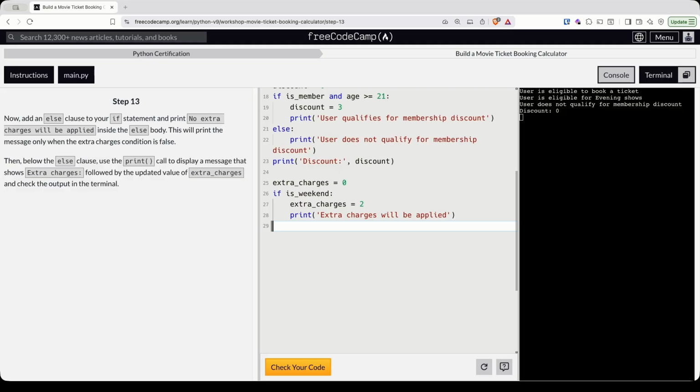Now add an else clause to your if statement and print "no extra charges will be applied" inside the else body. This will print the message only when the extra charge condition is false. Then below the else clause, use the print call to display a message that shows extra charges followed by the updated value of extra charges and check the output in terminal. So this is similar to what we did before above. So first we have an else and then we print